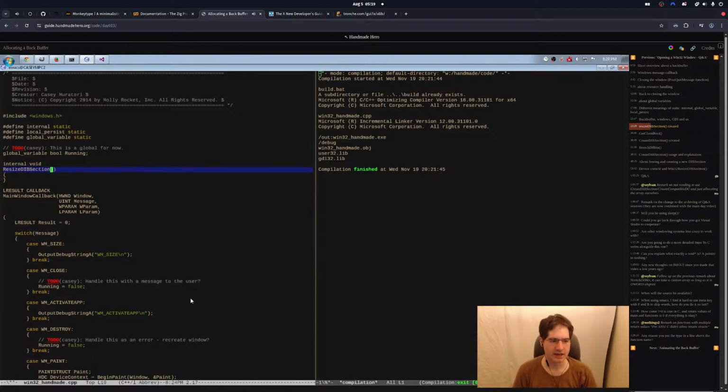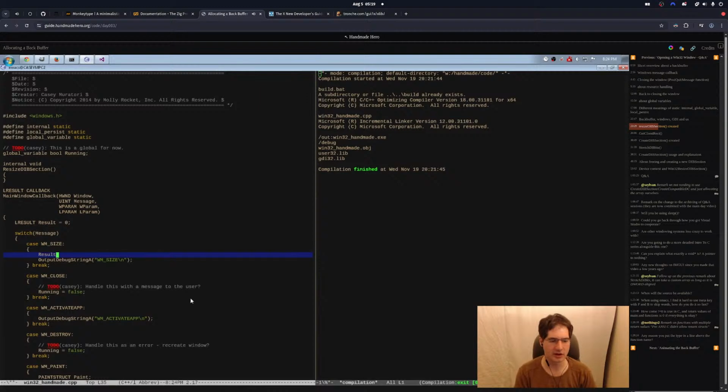We are going to have a function that basically resizes a DIB section or initializes it if it's never been created before. And basically what we will do is every time we get a WM_SIZE message, which says that our window's size has changed, we will basically call that. So we will basically force it to create an entirely new DIB section that is the correct